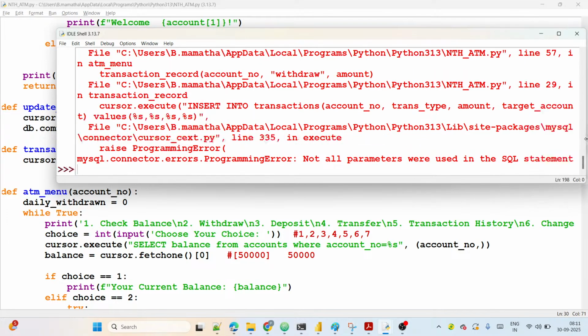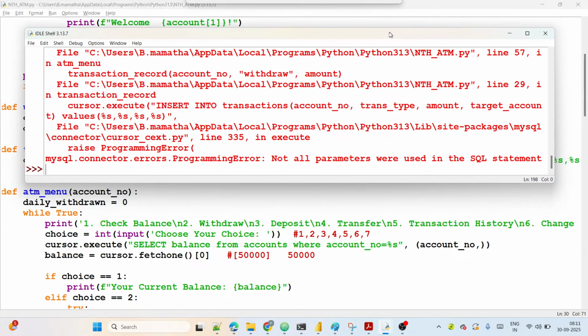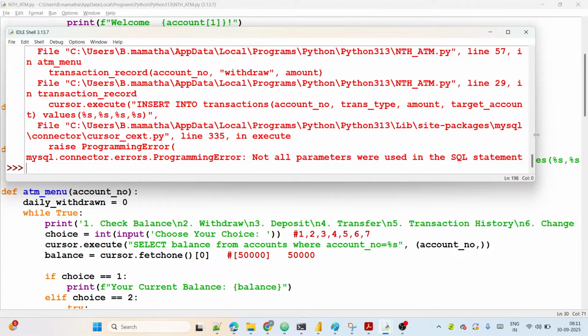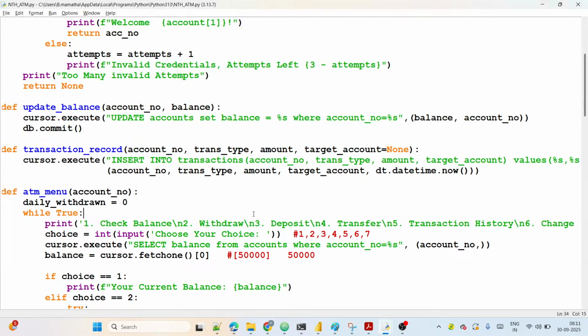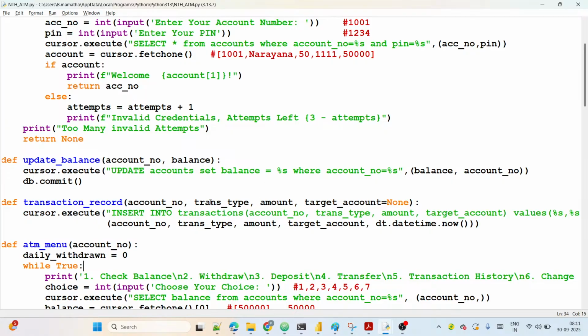Observe, guys: Not all parameters were used in the SQL statement, the insert into table statement. Account number taken, transaction type taken, amount taken, target amount taken, but